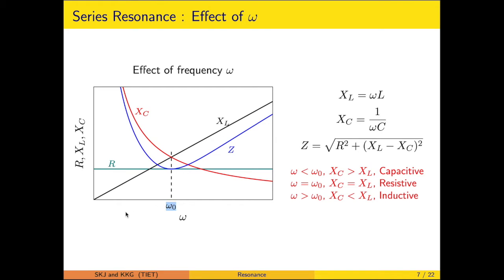Corresponding to the left side, which is omega less than omega 0, the capacitive reactance is dominating over the inductive reactance, so the effect will be capacitive. The nature of the circuit will be capacitive. Likewise,